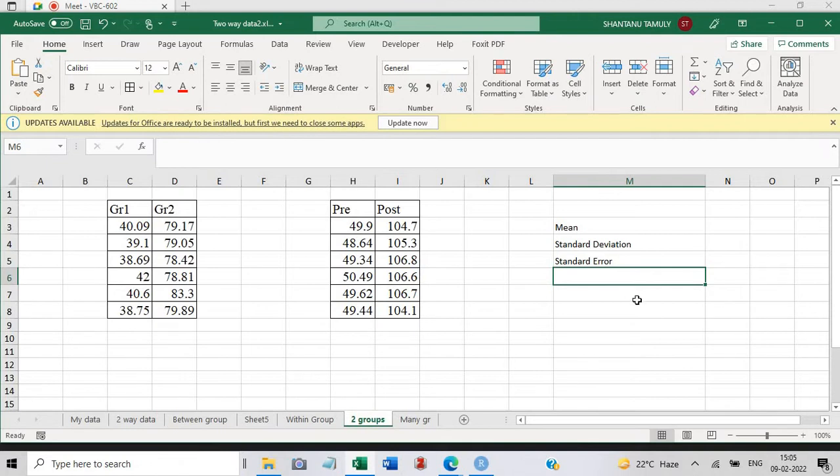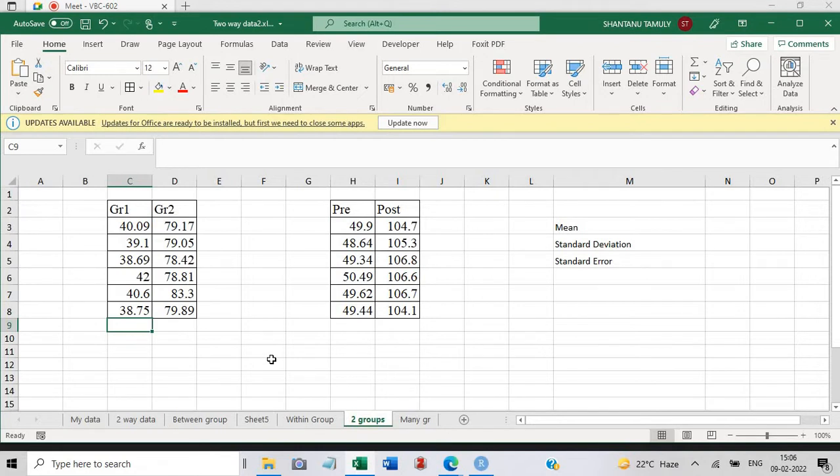These things you must have studied in statistics, so I'll show you how to calculate them. First of all, let us calculate the average value in Excel, starting with group 1.